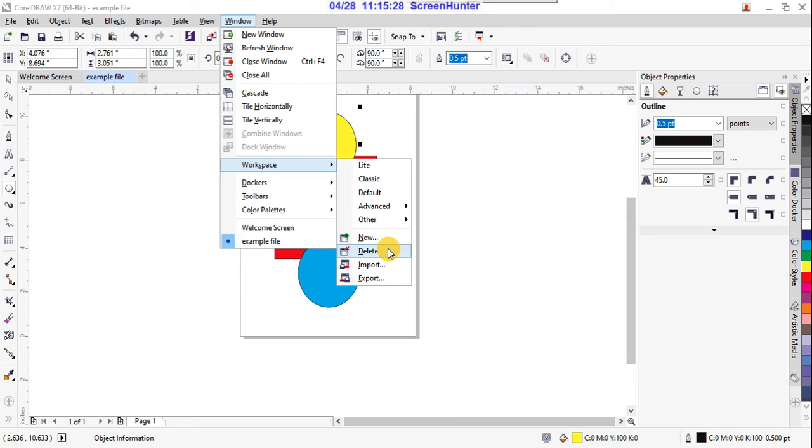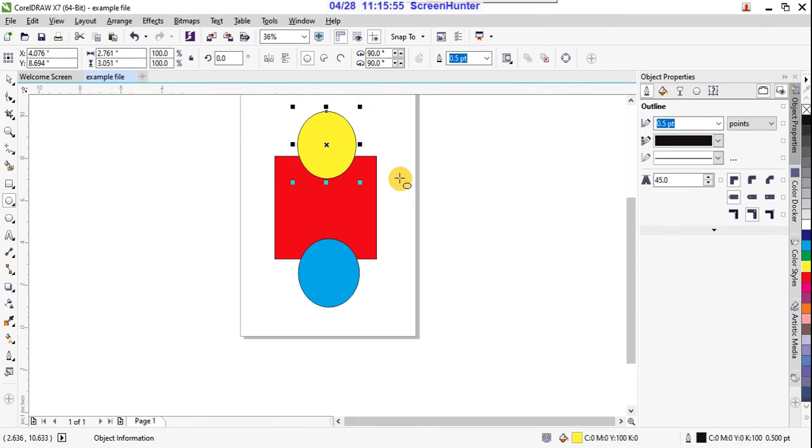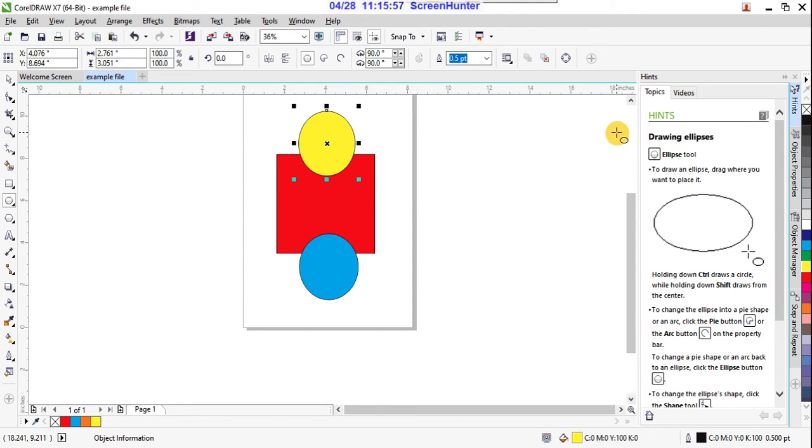And suppose any unwanted workspaces you already created and now you want to delete them, by pressing delete you can delete that workspace, or otherwise you want to import that workspace, you can import, and at the same time if you want to export you can export. Okay, so mostly we don't use these things generally in default. Suppose here you click on this classic mode, right? Yes, in classic mode.